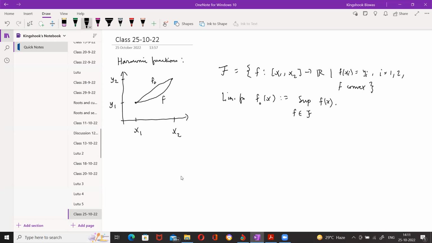say you have a domain in Rn. To solve what's called the Dirichlet problem, that is, finding a harmonic function with given values on the boundary of the domain, you fix the boundary conditions like we've done here. Then what will we do? We look at the set of all